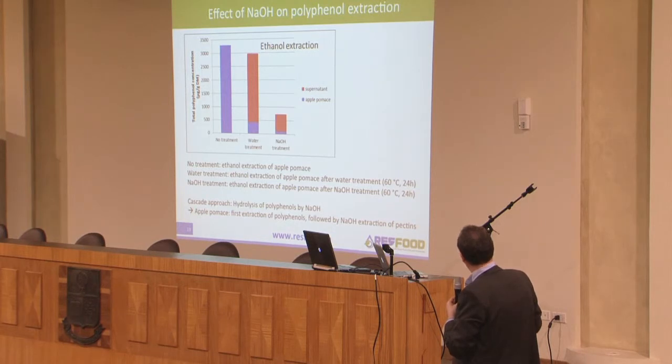And the conclusion here, when you look at these data, is that with the sodium hydroxide treatment we could only find a small amount of polyphenols in the palms. We could find some polyphenols in the supernatants, but we actually lose this part. When we don't do a pre-treatment or sodium hydroxide treatment, we could recover about 3,200 micrograms of total polyphenols per gram of dry matter.